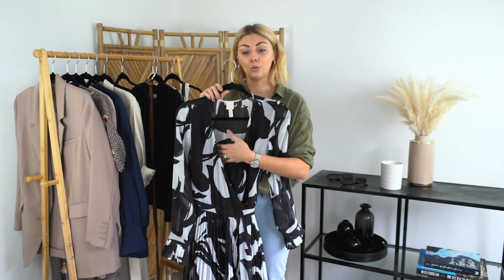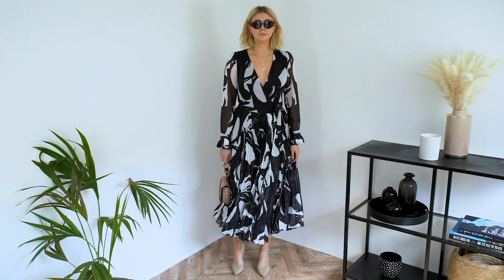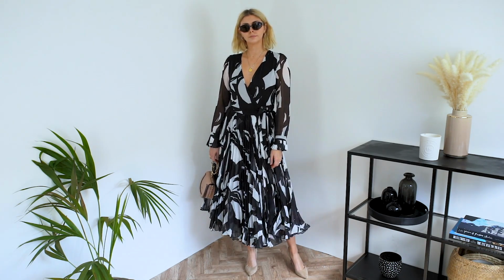I would say it's definitely wedding appropriate though. If perhaps you're a little bit bigger busted, then you could wear a little cami top underneath so that there's not so much cleavage. But it's such a nice occasion wear dress,